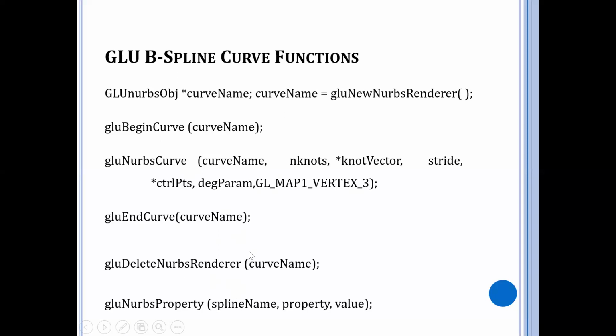A B-spline curve is divided automatically into a number of sections and displayed as a polyline by the GLU routines.